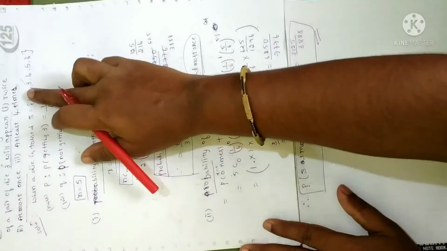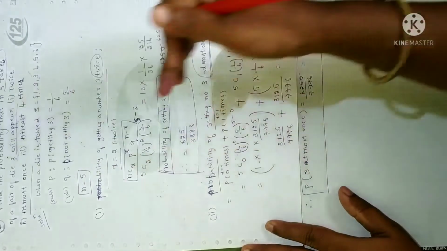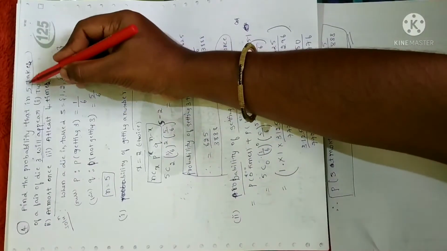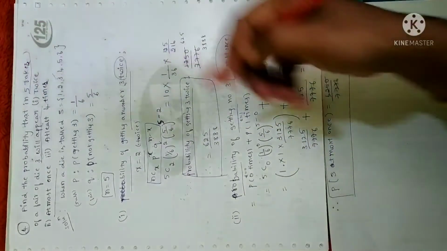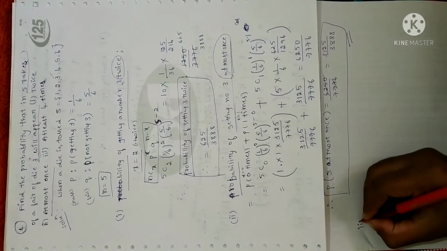It is at least 4 times. That is probability of getting a number 3 at least 4 times. And at least in the sense you have to take one more number, larger number. 5 takes total number of tossing is 5 times we are tossing a die. So we have to take 4 plus 5. So I'll just solve here. Third one